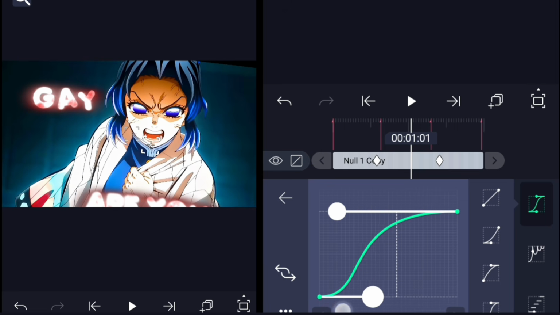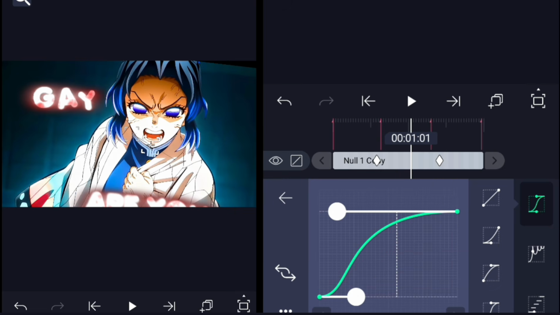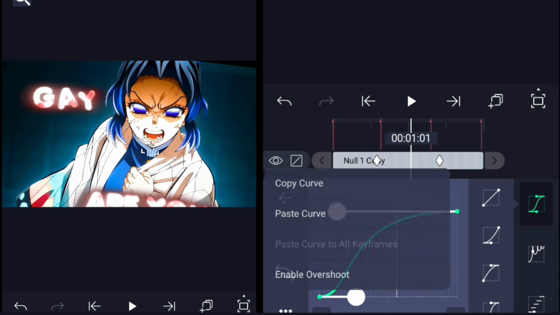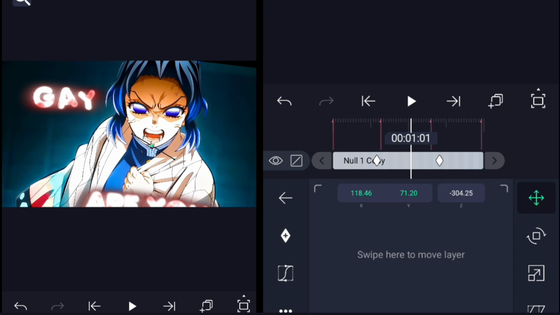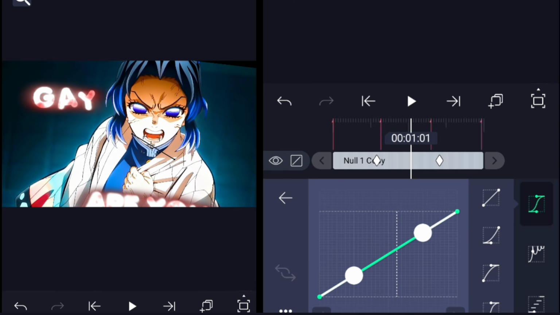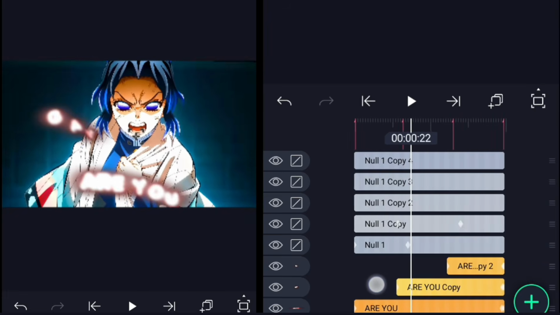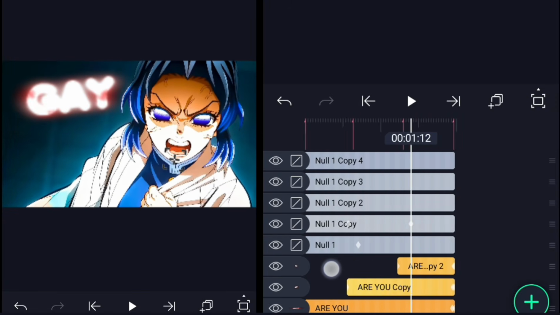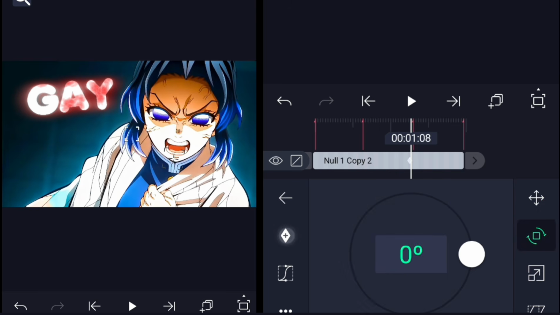And then make sure the graph which you are using on one transition, you have to use it on all the rotation and then the zoom, because you see I've used this graph, right? So on the zoom z-axis one, I cannot use another graph, or else it will mess up the transition. Paste the same graph here. Now we have to do the same